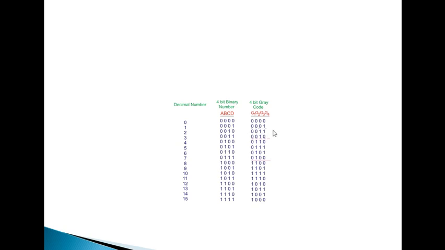So the gray code changes one bit at a time only, which is why we are using gray codes. Binary numbers change multiple bits in one transition, so that may lead to errors. That is the conclusion of the whole discussion that we have had.